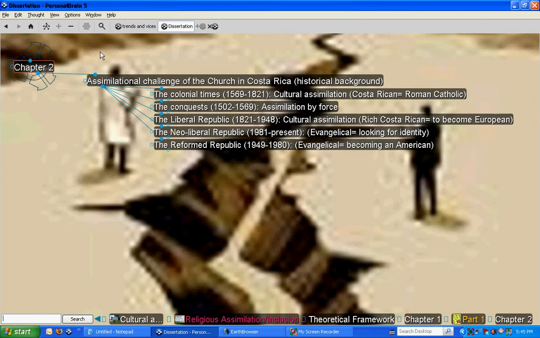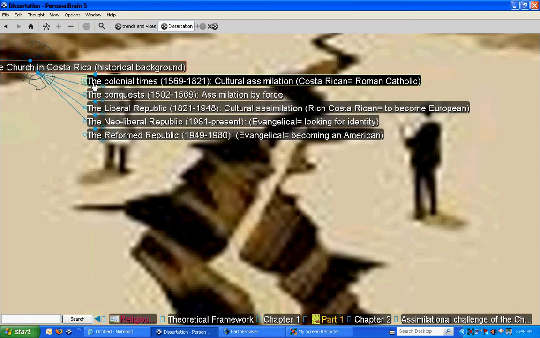That was part 1. Chapter 2 had to do with more of a historical background of Costa Rica. So I'm presenting a religious perspective of the history of Costa Rica. In this case, as you see, and then comes